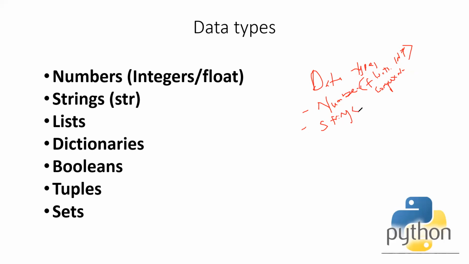The same way we have strings, like in SQL, we talk about variable character, varchar2, and character. So we can also have that, strings. All the other ones we are going to be having are now called data structures. But let us start with the ones we already know, the data types: numbers and strings. We'll start with that first.